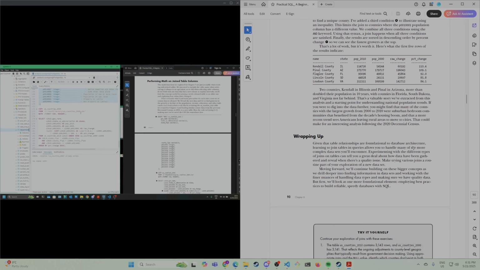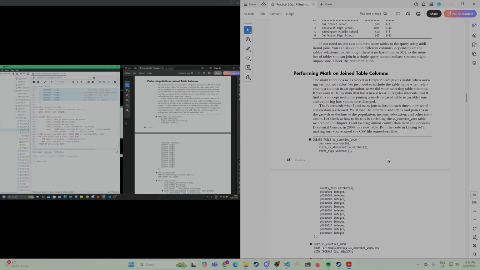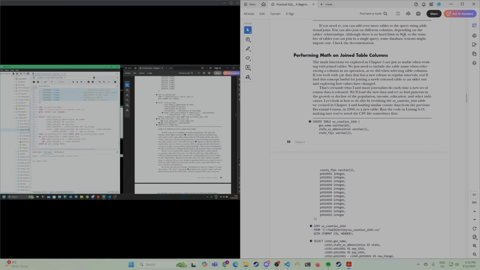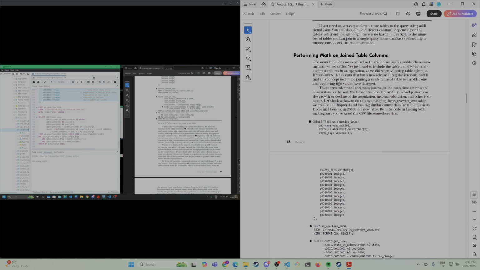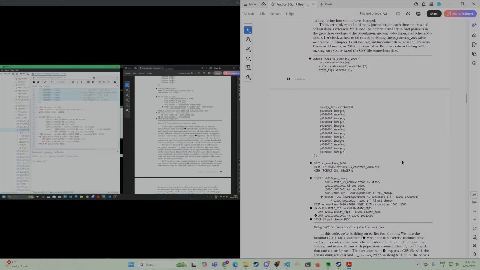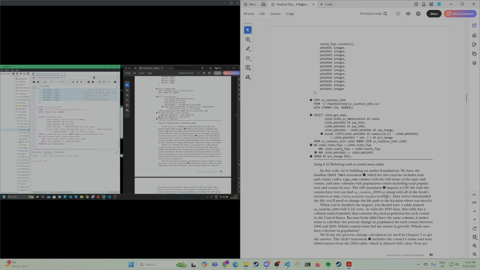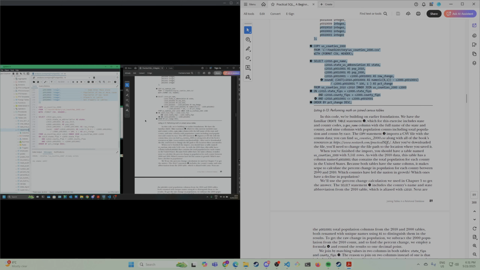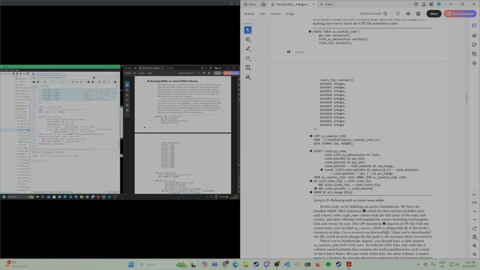The last part of this chapter is performing maths on joined table columns. We did the maths earlier. We could do loads of maths. We didn't do it as part of our course, but we understand some basic maths and we know some basic programming already, so we know that these things can do all sorts of maths, and I'm sure that's very useful for data collection. So here let's just run